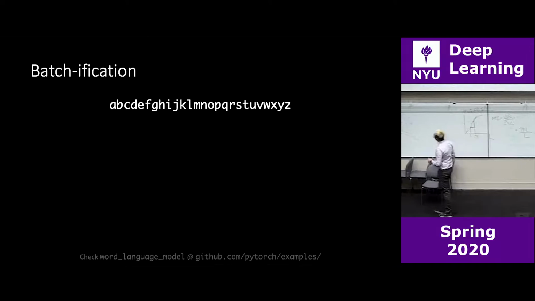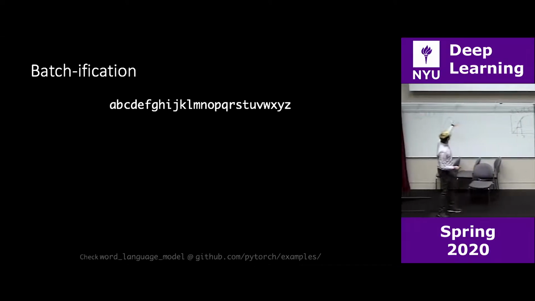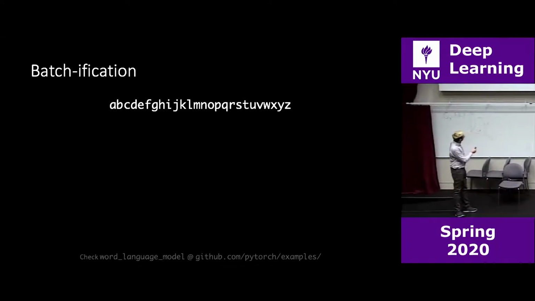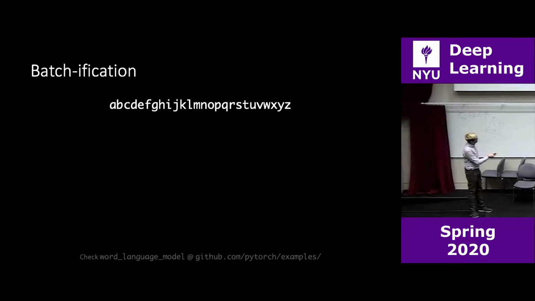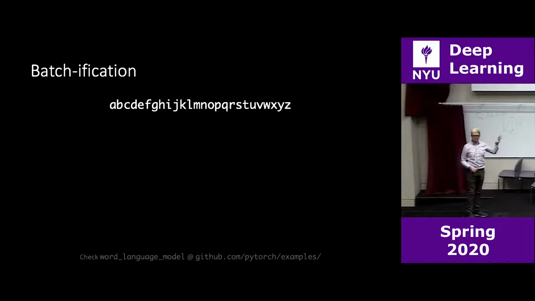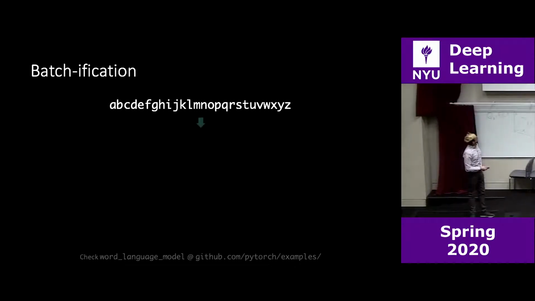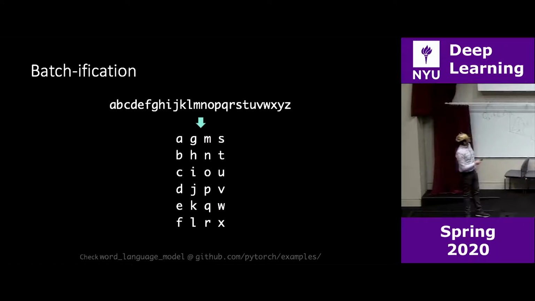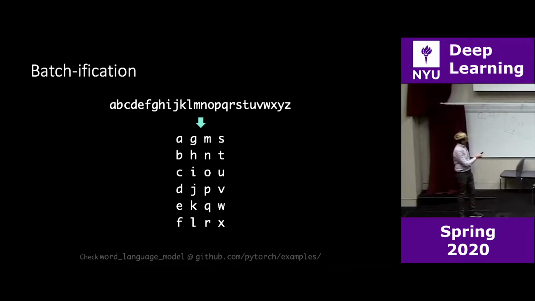In this case, we are just reading this code here. So this is the word language model. You can find it in the PyTorch examples. So you have a sequence of symbols. I just represented every symbol as a letter in the alphabet. And then the first part is going to be basically splitting this one in this way, right? So you preserve the time domain vertically. But then I split the long sequence such that I can now use batch